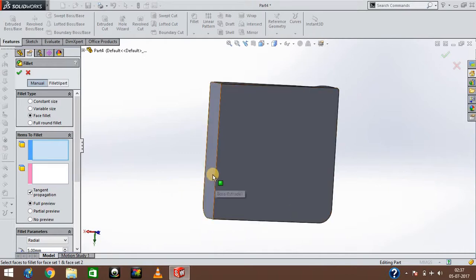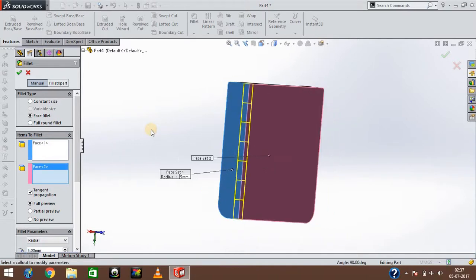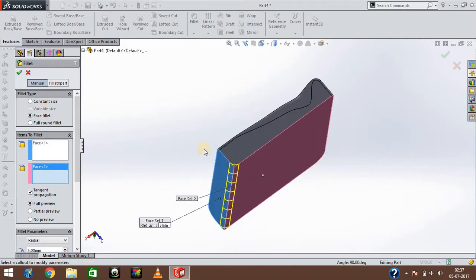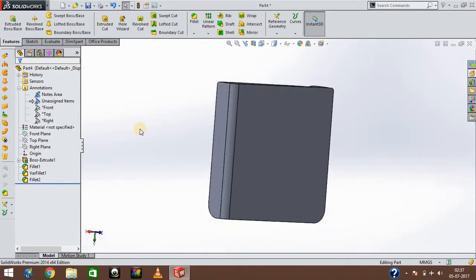If I select this face and this face, see, it created fillet between these two faces right here. If I select OK, see,